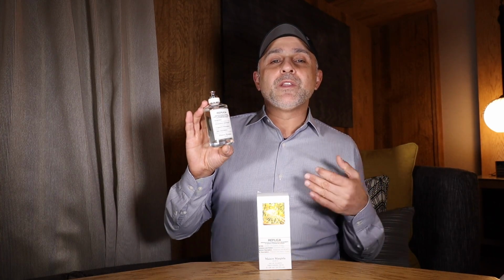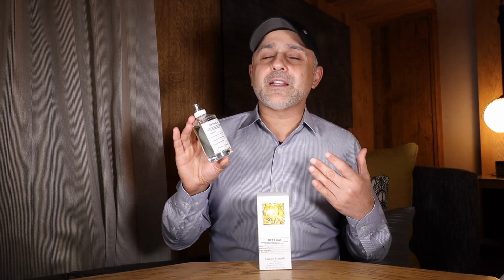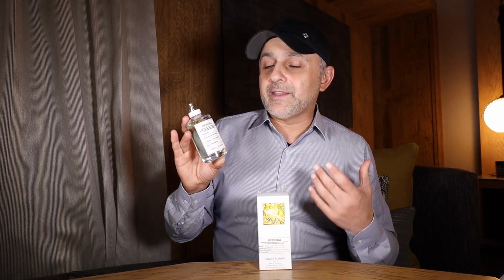So the problem with this one I noticed is there's no mention of lemons, even though lemons is the name of the fragrance, Under the Lemon Trees. So I think what they're doing is they're combining that lime accord with the petitgrain essence, and they're making it maybe come off smelling like lemons, perhaps. It's kind of odd that I didn't see that note, but I took the notes off of the Barney's website,